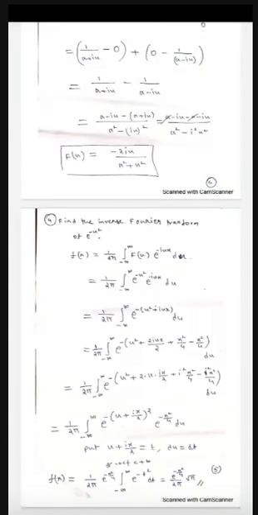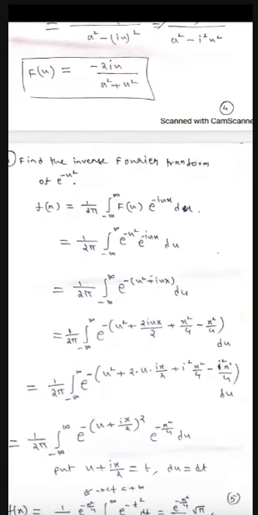Go to the last problem. Find the inverse Fourier transform of e power minus u square. So he is directly telling inverse, so I directly use the inverse Fourier transform: f of x is equal to 1 by 2 pi integral of f of u e power minus iu x du. In the place of f of u, what he has given, e power minus u square, is substituted. The bases are the same, so powers will be added. Again, I have taken the minus sign outside because infinity is there. You can verify. Minus of u square plus iu x du there.